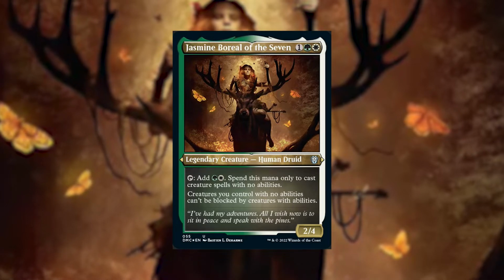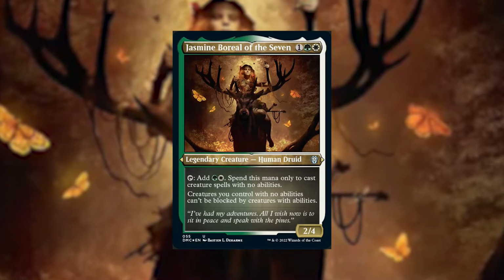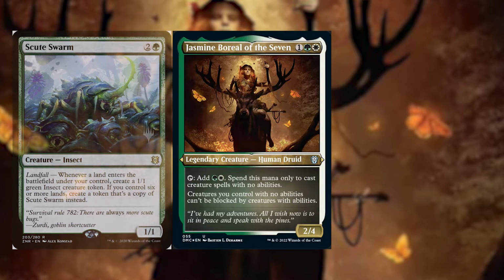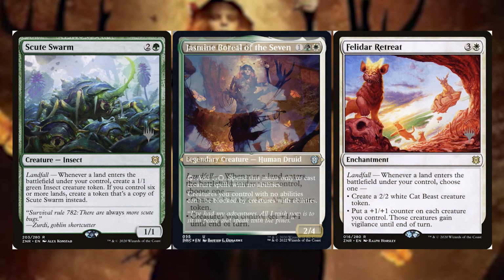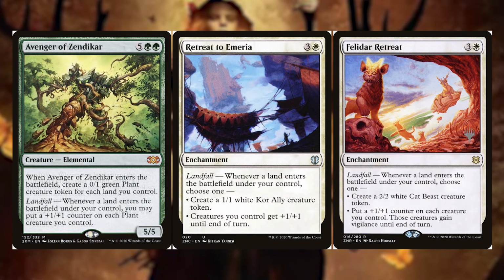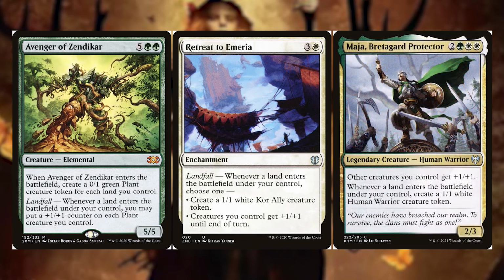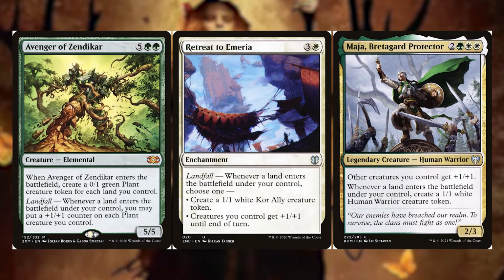I considered a few options, such as using landfall abilities. Cards I might consider are the usual suspects, such as Skyswarm from Zendikar Rising, Felidar Retreat, Retreat to Emeria from Zendikar, Avenger of Zendikar from Commander Legends, and Maha, Its Feathers Night from Kaldheim. These all give me some sort of creature when I drop a land. Especially Maha is pretty nice. It gives my other creatures +1/+1, and also allows me to get a 1/1 white human creature token when